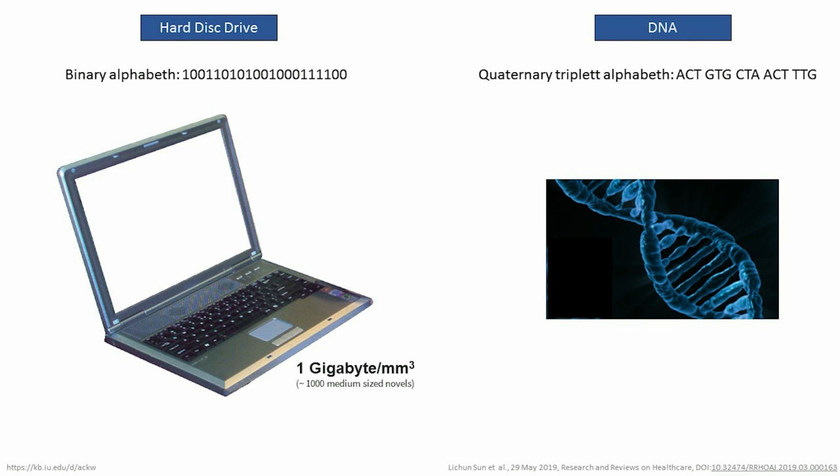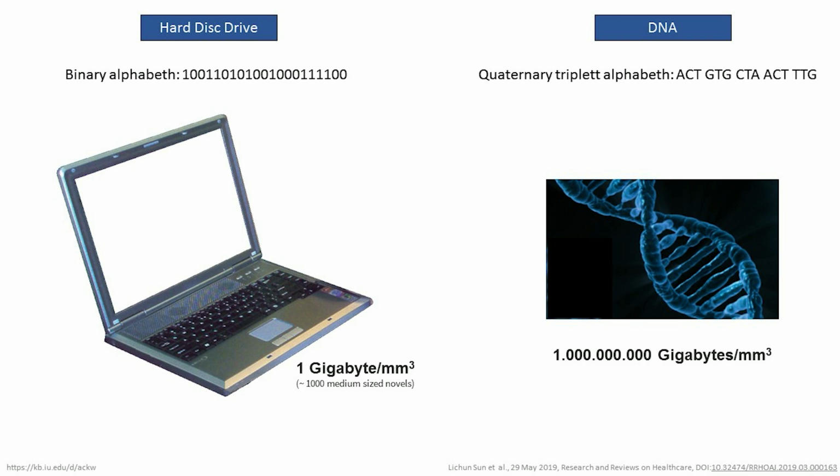uses a quaternary alphabet composed of 4 symbolic letters A, C, G and T. A sequence of 3 of them, a triplet, represents a word. The sequence of many such triplets corresponds to a sentence. The material of which the letters are made and with which they are bound together is called deoxyribonucleic acid, abbreviated as DNA. The data storage capacity of this code system is 1 billion times higher than that of the state-of-the-art